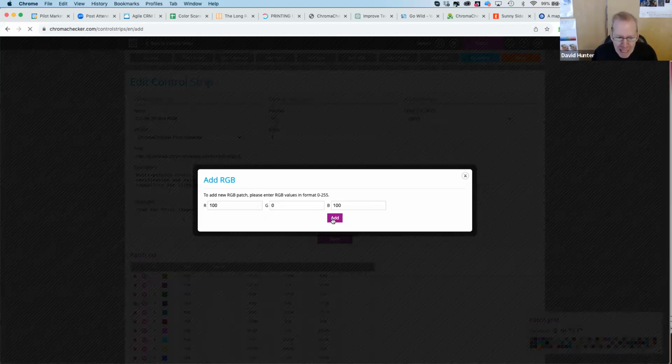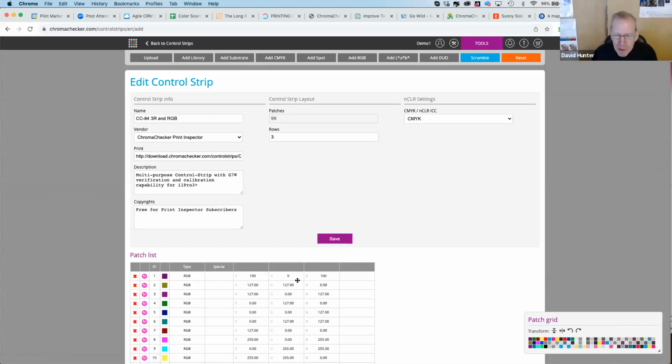And now I've just added a new RGB patch on this control strip, and you see it's added right here. And then I can save this control strip, I can scramble it, I can change the orientation of it, I can mirror it, and I can save it as a PDF and with any patch size and any layout,